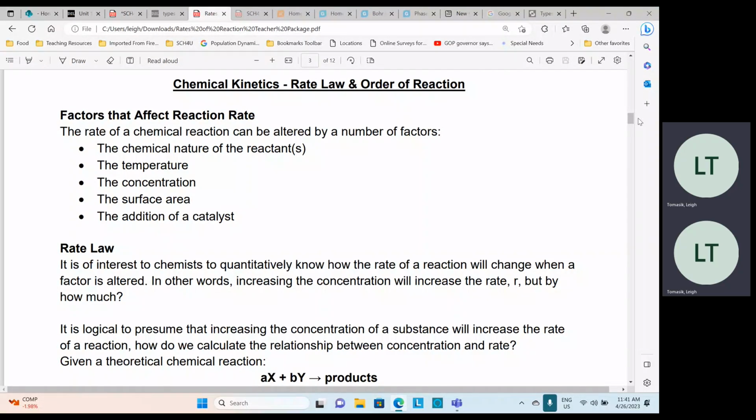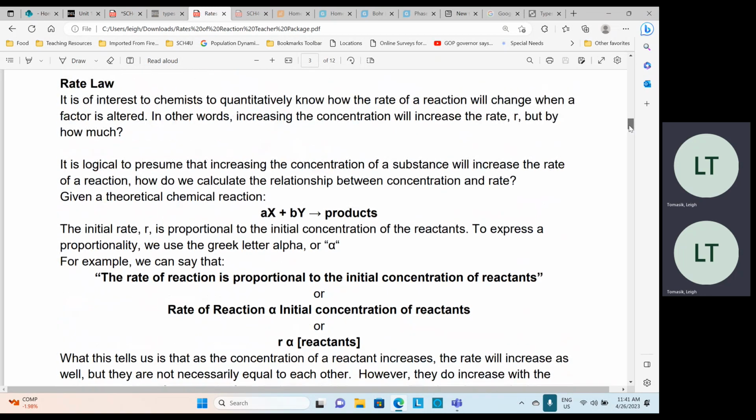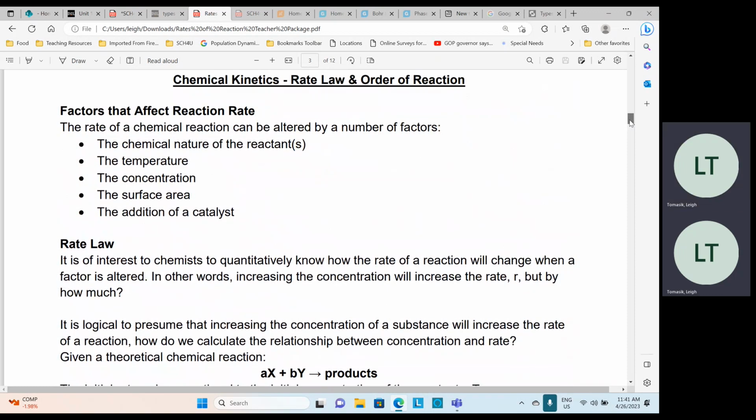Hi class. So today we're going to learn about the rate law and something called the order of reaction. This is going to be a little bit mathy. We're going to come up with a mathematical expression that is related to the rate of a reaction. Okay. So before we get into that, we need to talk about